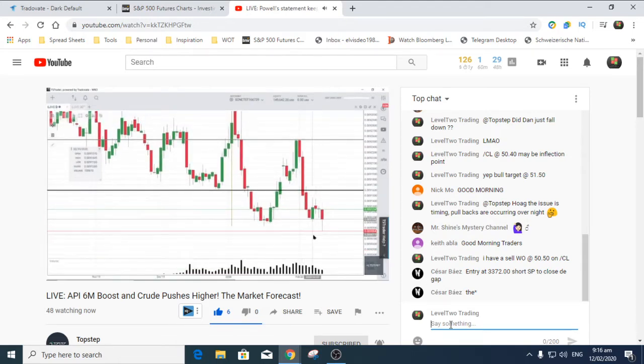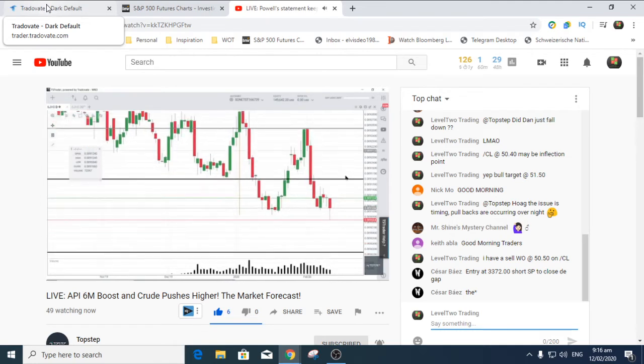Overnight, we finally got a test of our recent swing low down here. That swing low was 93 and a half ticks. Well, we did take a look down below it in the overnight session. So on the daily chart, it looks like we have put in a lower low, and that supports the structure that we've been in for quite a long time in the Japanese yen.